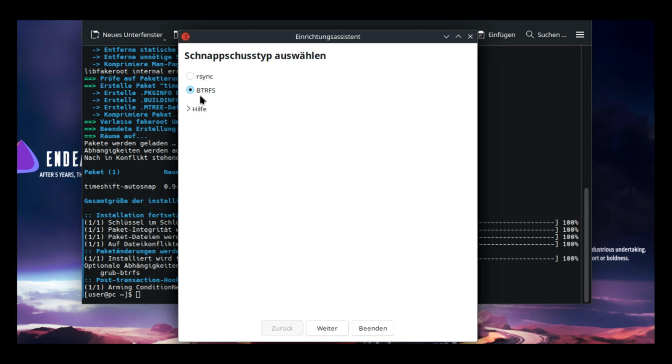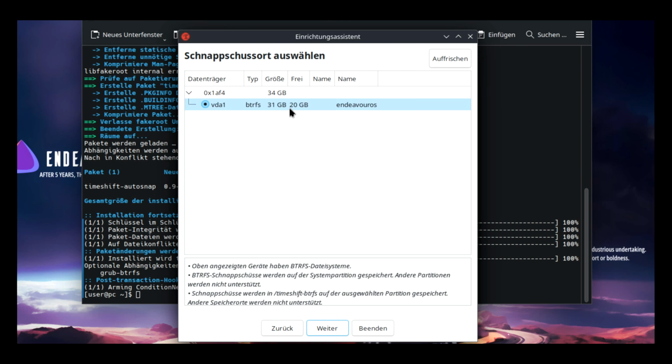This option is only available to us because we are using the ButterFS file system storage type and not ext4. Rsync is also way slower and the backups take up way more space, which is not good. So we use ButterFS,